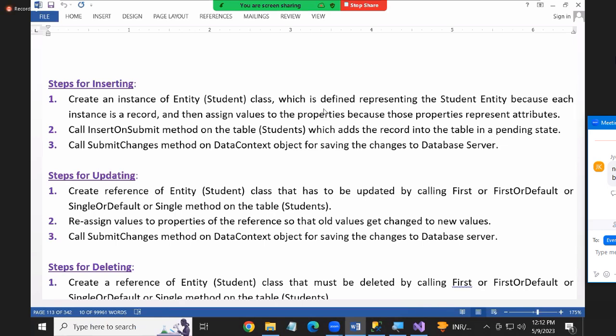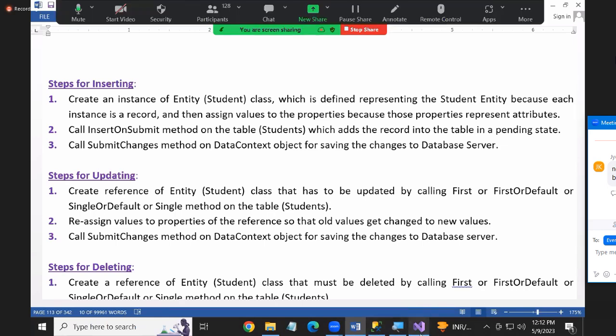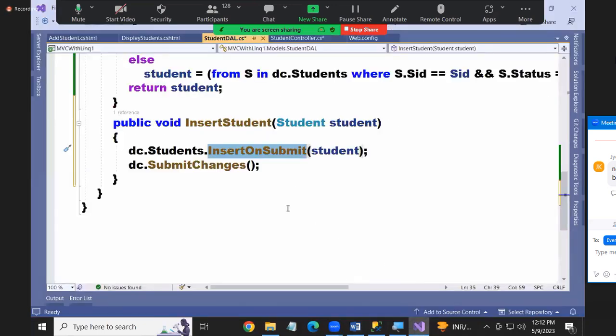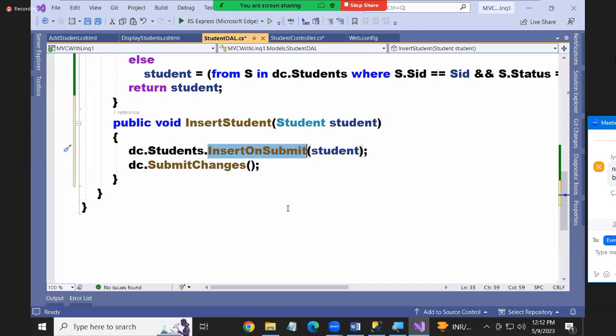Okay, guys, observe this, all of you. You are writing the code in different classes, the Controller class and the DAL class, yes or no? You did not write the code in the controller class. Where did you write the code? Tomorrow an error can come. If an error comes in the DAL class, that error should be reported back to